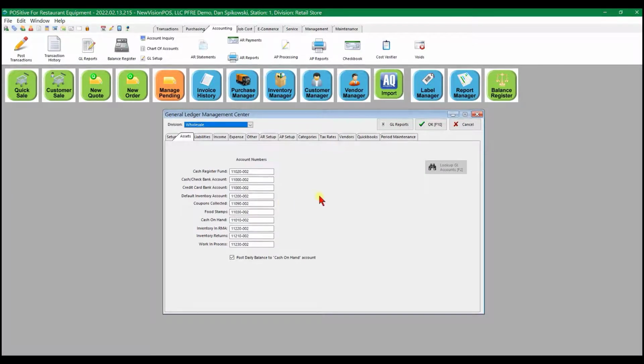And many times people will use the same GL account for, let's say, inventory. They'll use the same GL account in every instance, so it defaults from the one inventory general ledger account rather than having a separate divisional inventory. So once all those are set up,